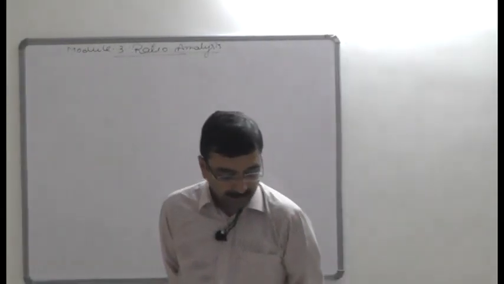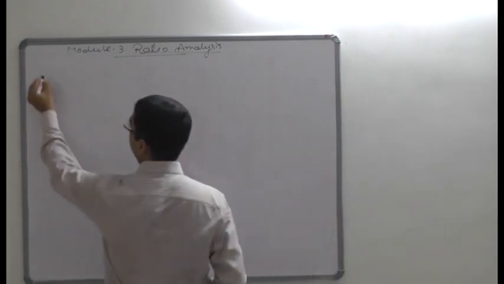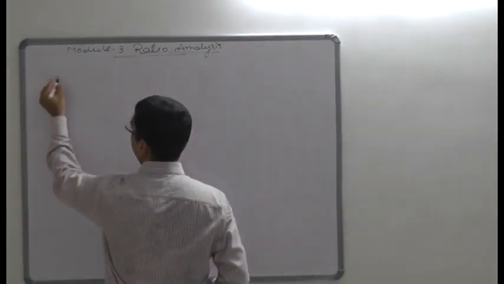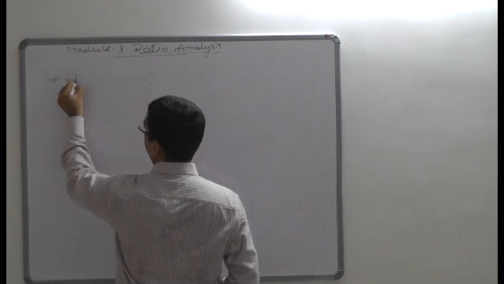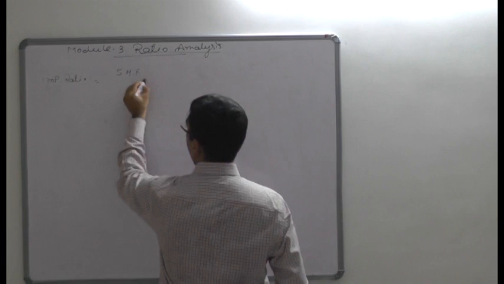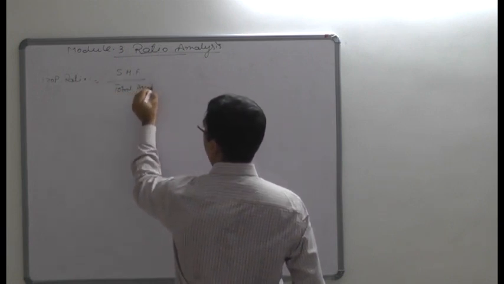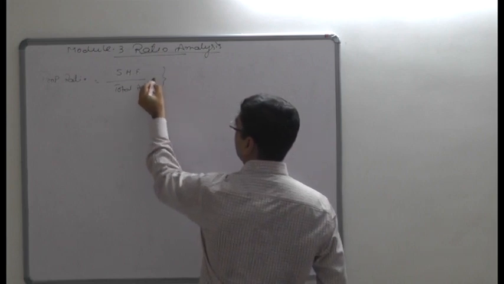Now the next ratio is the proprietary ratio. We already found the proprietary ratio in an earlier case also: shareholders' fund divided by total assets. So ultimately it's a comparison of the